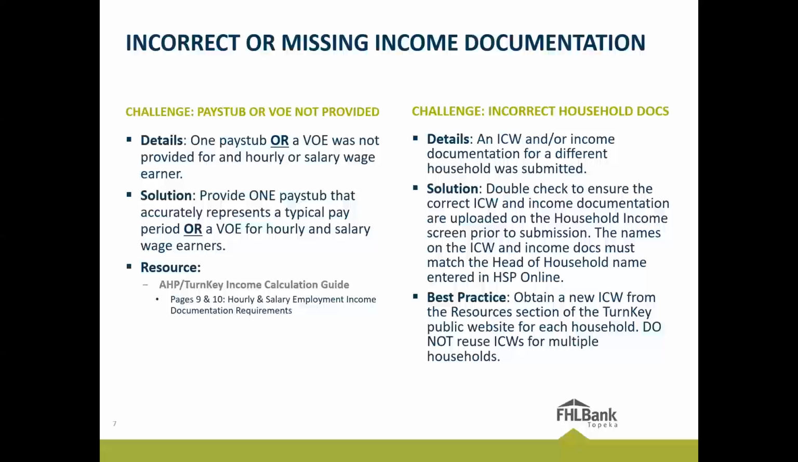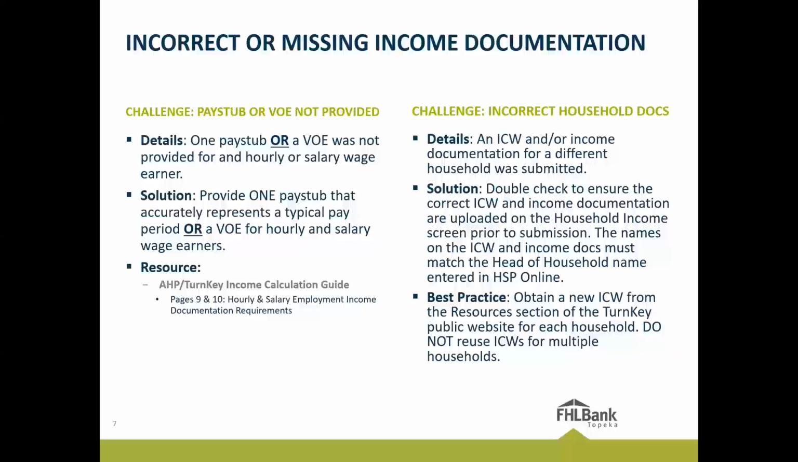Next, we have where for households with hourly or salary wage earners, we only need one pay stub or a VOE. The key is that the pay stub should accurately reflect a typical pay period for the household member. For example, if the household member typically works 32 hours a week, please provide a pay stub that shows their